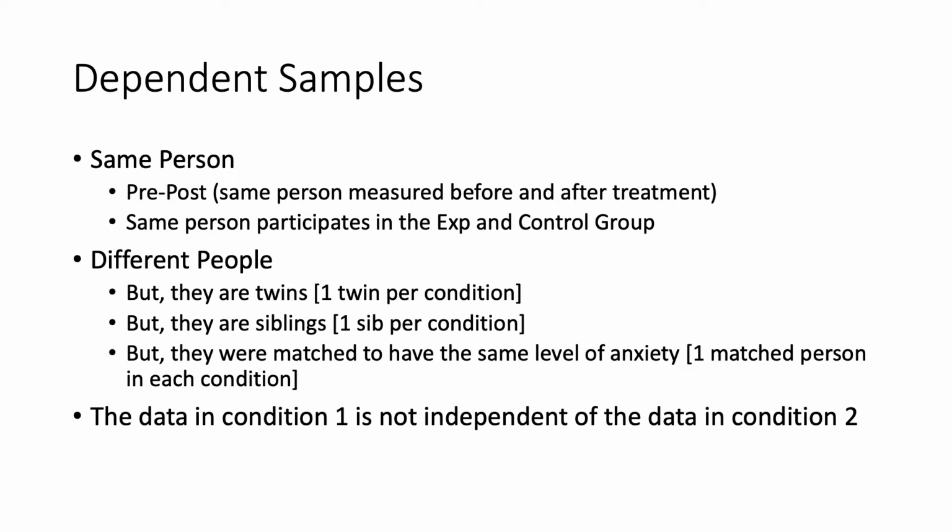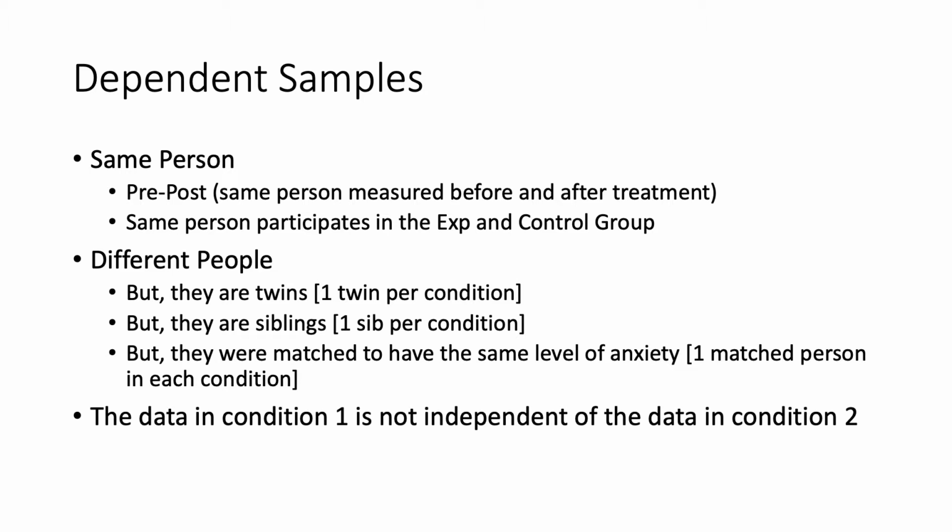Or let's say you have the same person, they participate in both of the conditions. Maybe it's experimental and control, or maybe if you're doing research like I do, you're going to show them black and white targets and see how they respond. Essentially, this is what we're used to. So this one isn't hard for us to miss. We have the same people in both conditions, then we know that our two samples are dependent or linked through